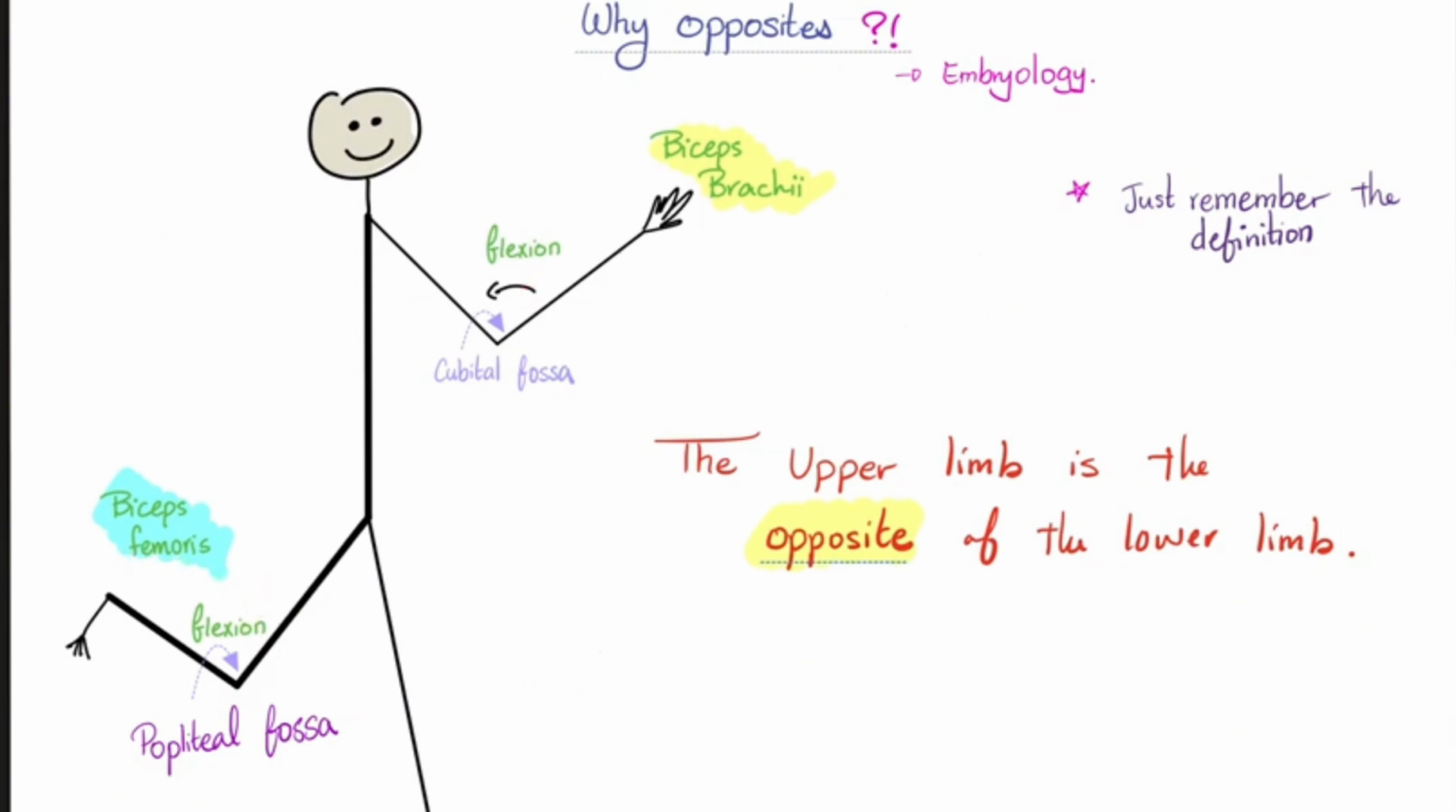You don't believe me? Consider this. When you flex the elbow, your forearm is moving forwards and upwards. But when you flex the knee joint, your lower leg is moving backwards and upwards. They are the exact opposite. It's because, embryologically speaking, when you were a baby in your mama's womb, your upper extremity and lower extremity rotated in opposite directions. And that's why the cubital fossa is in front of your elbow, but your popliteal fossa is